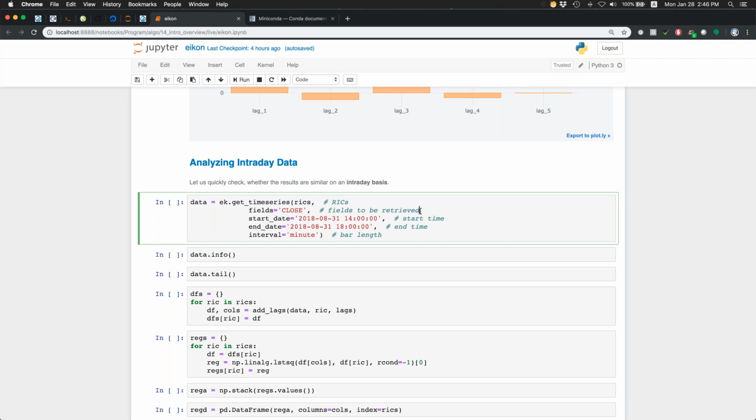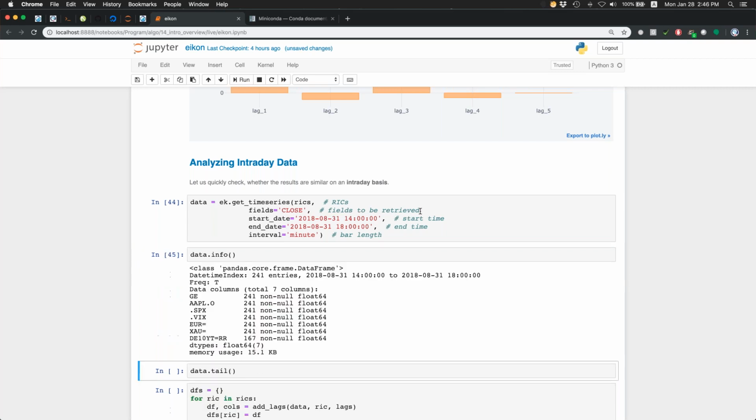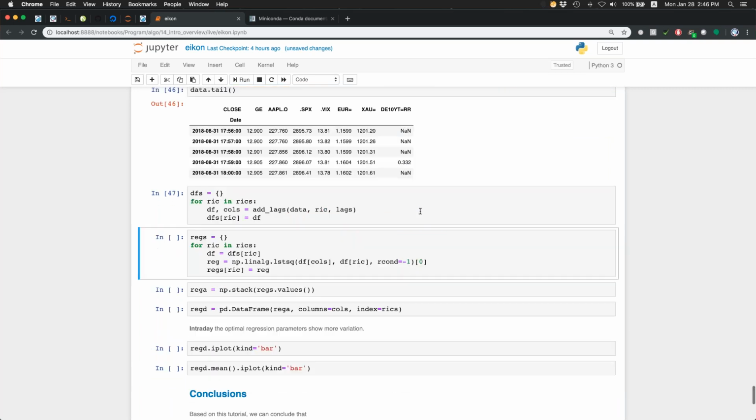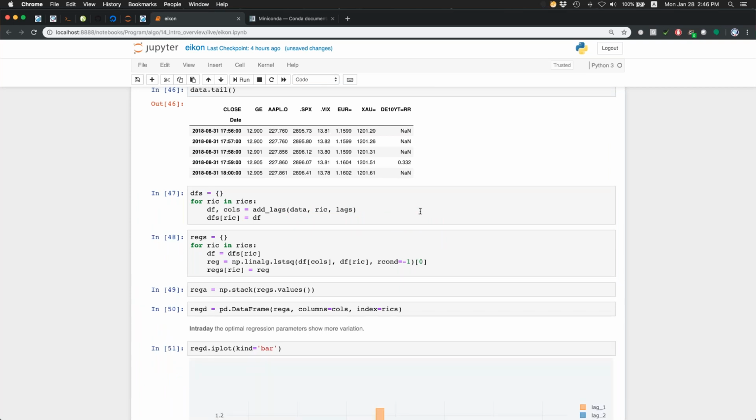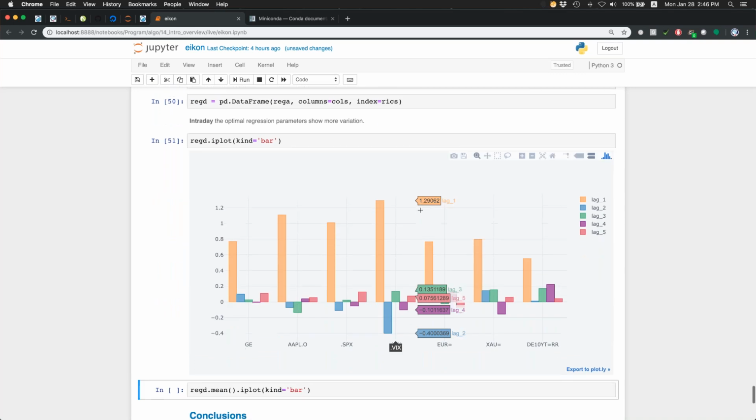But that's the reason why we are trying to use nonlinear, more sophisticated algorithms as compared to ordinary least squares regression. And that's also one of the reasons why we will mostly focus when we deploy our strategies on intraday strategies and not on end-of-day data and strategies. So here I'm retrieving 1-minute bar data. And the idea might be that once we repeat the analysis, we might see different results intraday. And indeed,